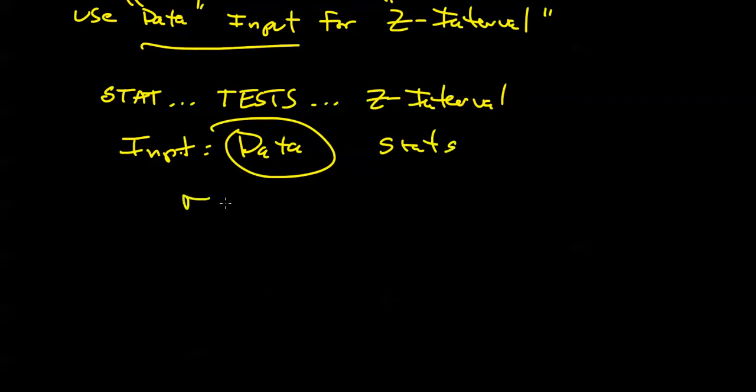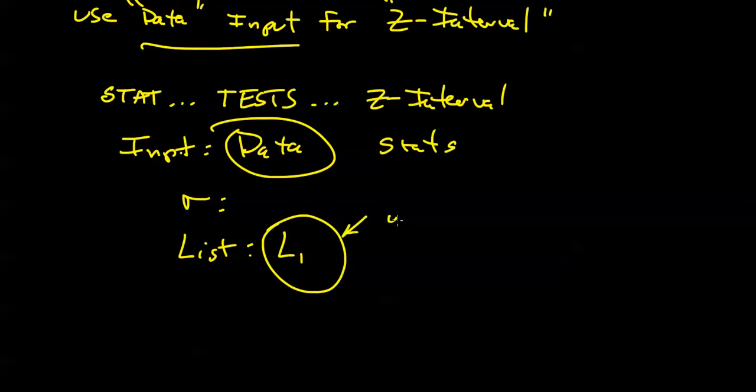Notice the screen changes a little bit. Still, they prompt you for sigma, but instead of a sample mean, they ask you for a list. Now the default hopefully is list L1. This is the list address